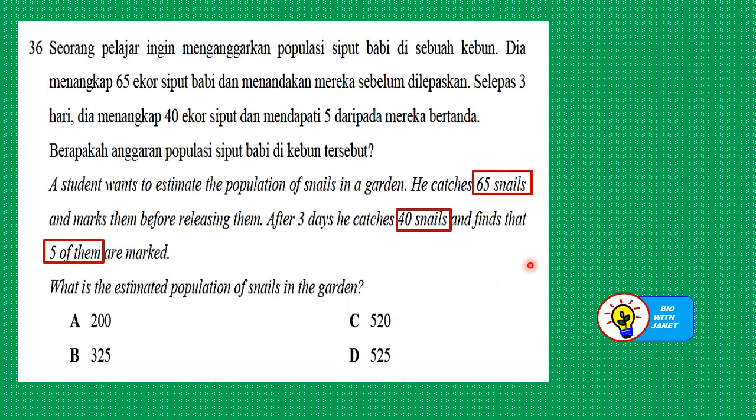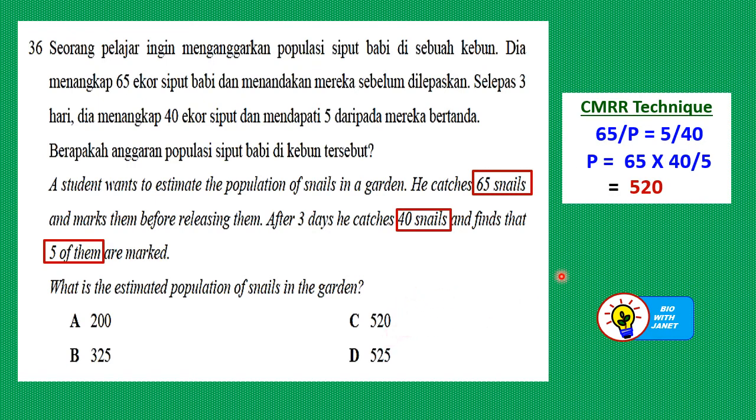So now there's a formula for this, which is: the estimated population of snails equals the number of organisms captured in the first capture, okay, so that's 65 snails, multiplied by the number of snails captured in the second capture, which is 40 snails, and then divided by the number of snails which are marked, which is 5 snails. So if you do that, you will get the answer